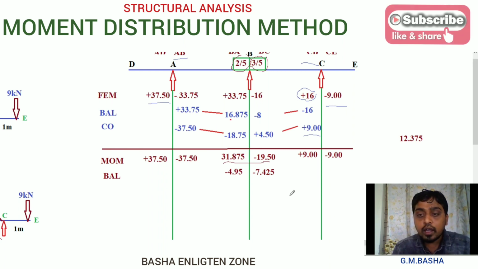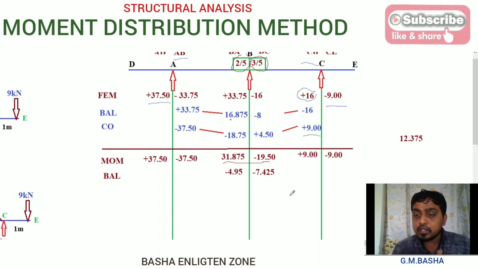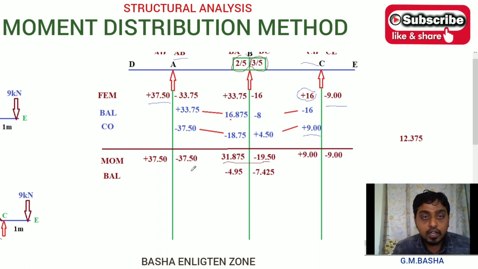So you don't carry over to at the overhang positions. So at the simply supported end, moments will be 0. So whatever the balancing moments, you no need to carry at the simply supported end, at the same time overhanging portions of the beam. Why? Because already the moments at that positions will be in a balanced mode. Then if you observe clearly, there will be any movement at AB, means we have to carry that movement to the other end, but there will be no balancing movement here.